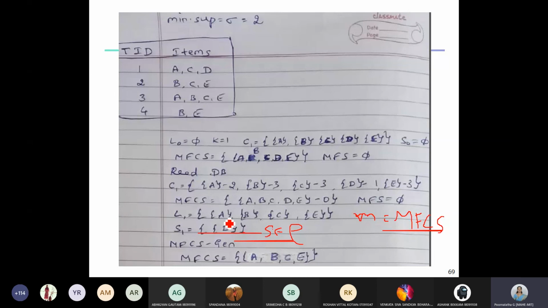How do I get C2? AB, AC, AE, then BC, BE, then CE. These are my C2 that I am able to get from L1 self join with L1. I repeat, AB, AC, AE, then BC, BE followed by CE.